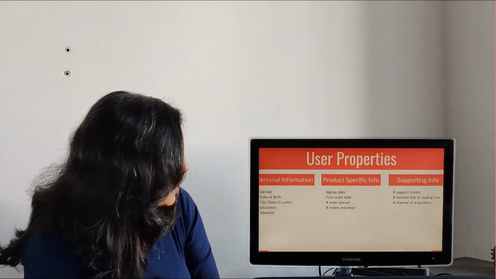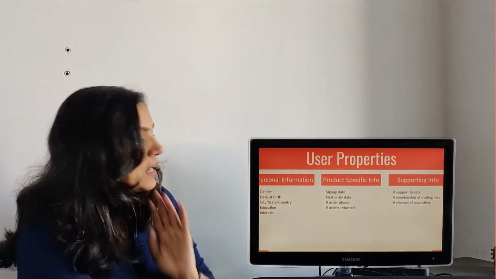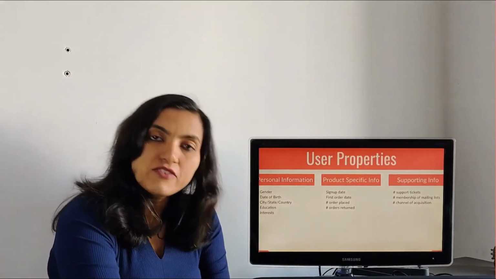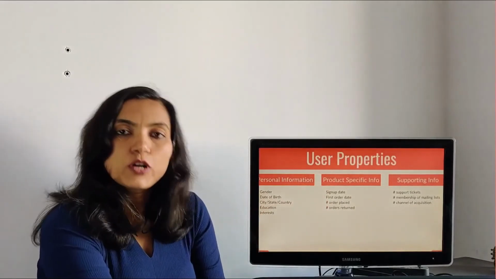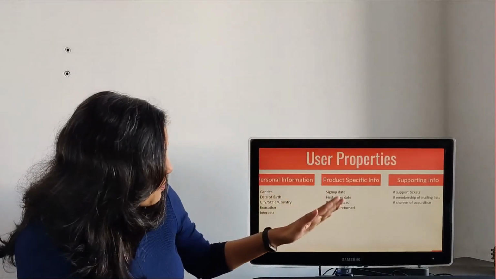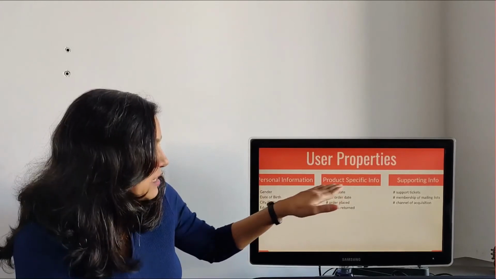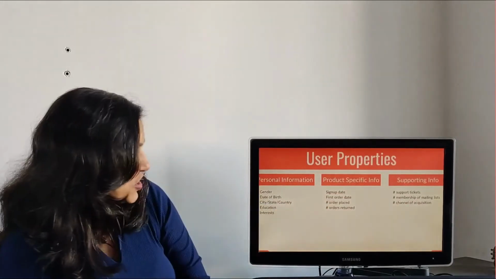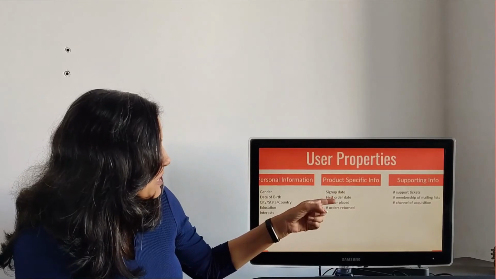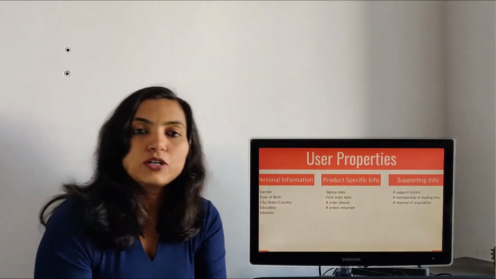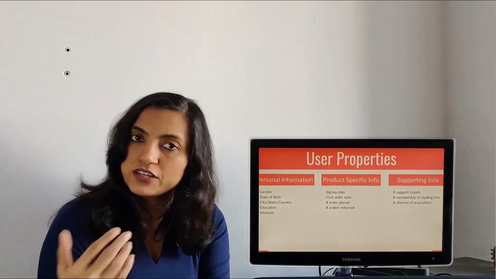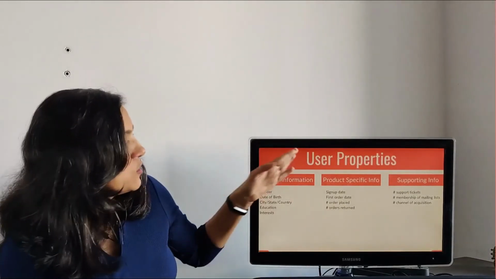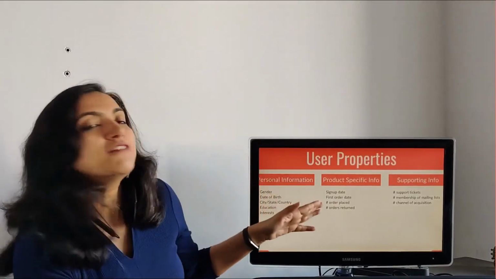Now you would remember some of these properties I had also used in event properties, like number of orders placed and number of orders returned. So what is going on there? Some of these properties are pretty much fixed. Sign up date is not going to change, channel of acquisition is not going to change. However, properties like number of orders placed and number of orders returned change with every new order a user places or every new order a user returns. User properties should be updated whenever that happens.